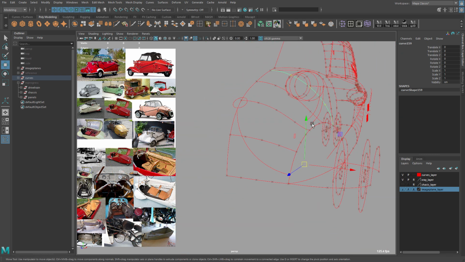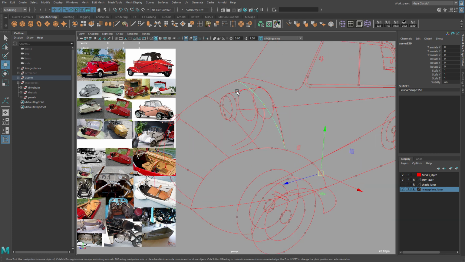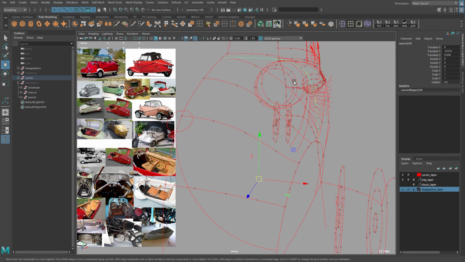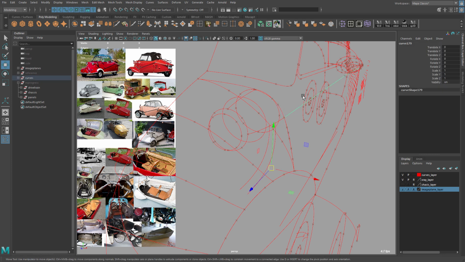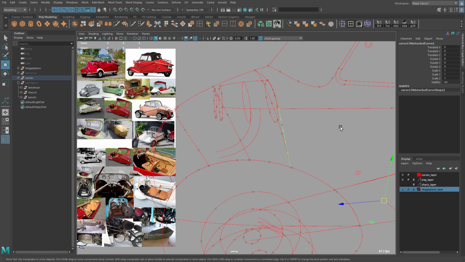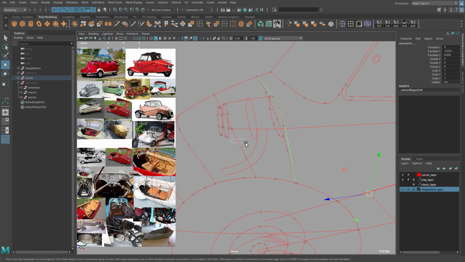So basically you have to imagine how to make this hood if it didn't have the headlight, and then you have to make the headlight and what the curve for the headlight would be. So what you do is you have to imagine the lines going from the side panels into here, and then from here it needs to continue into this shape.